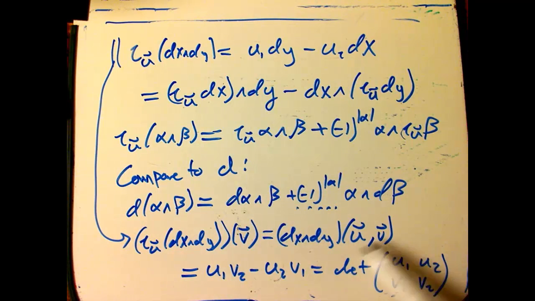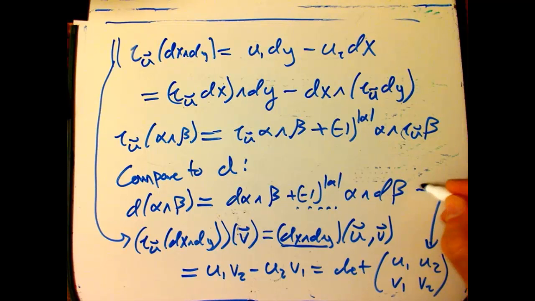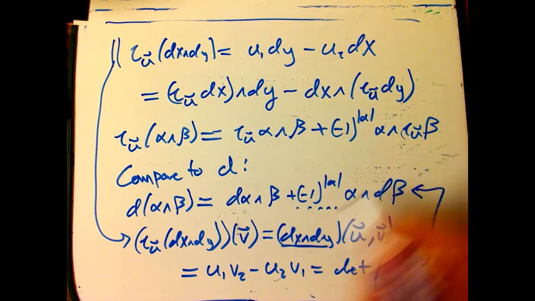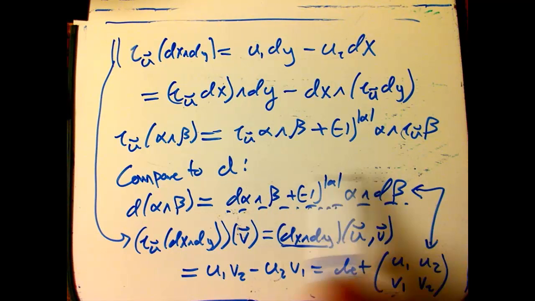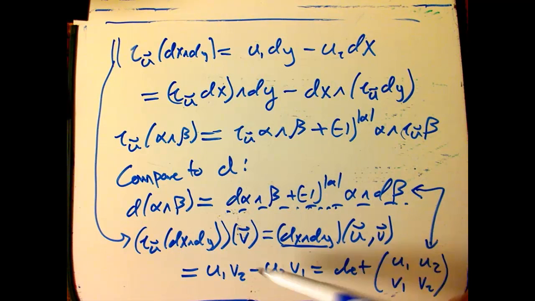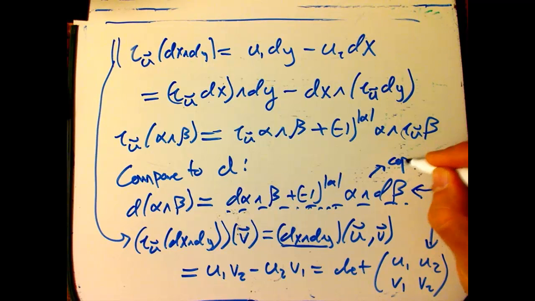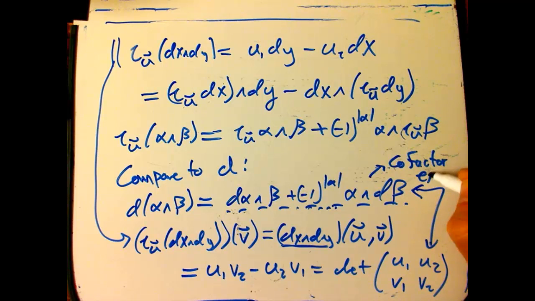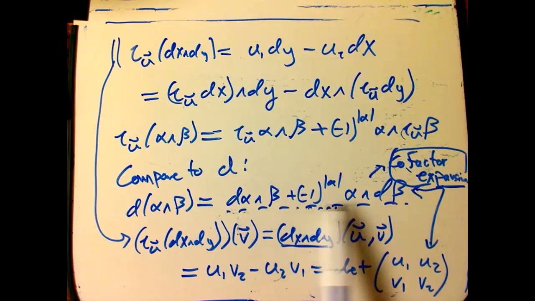Determinants are intimately connected to wedge products because determinants calculate areas, and this is just the area form. It's oriented areas, of course. What I wanted to point out, not something I'm going to go into detail on, is that if you actually prove this in general, one way is to look at it with higher-degree forms. You get bigger determinants, and it turns out this is equivalent to the cofactor expansion of a determinant. So you can prove it using the cofactor expansion, and really it's so tightly connected that we could say this is, in a deep way,